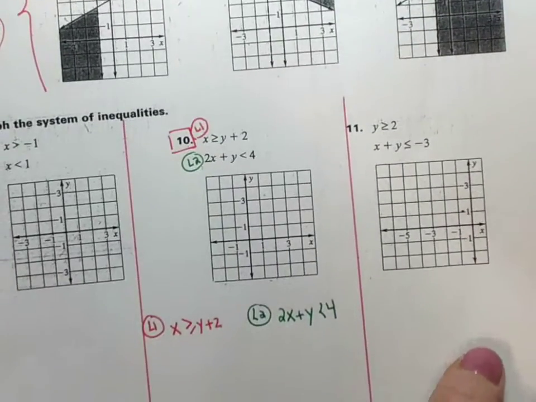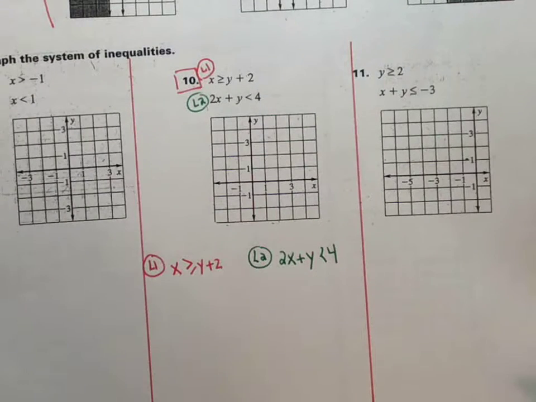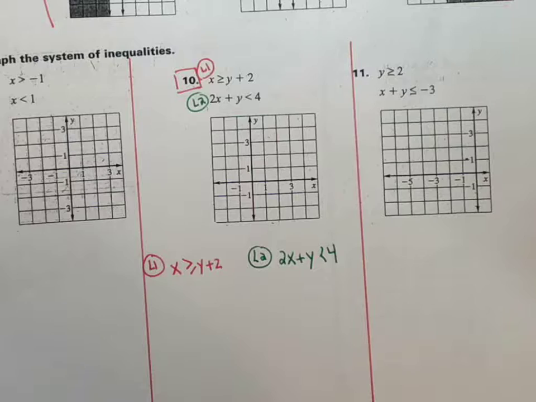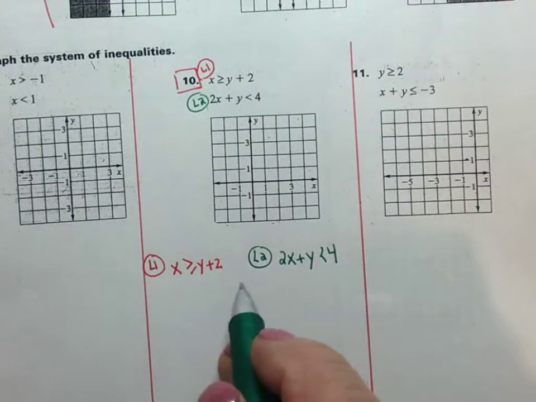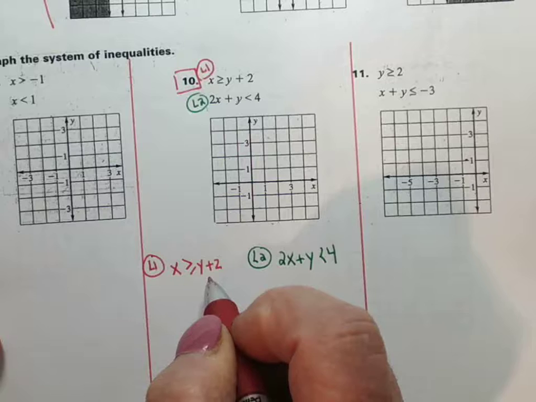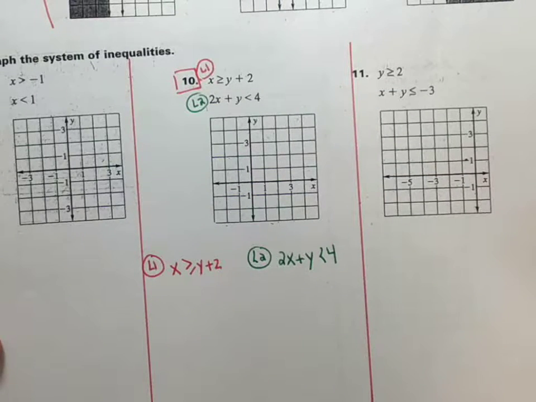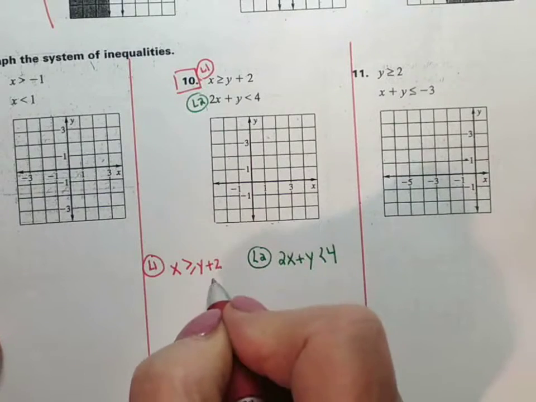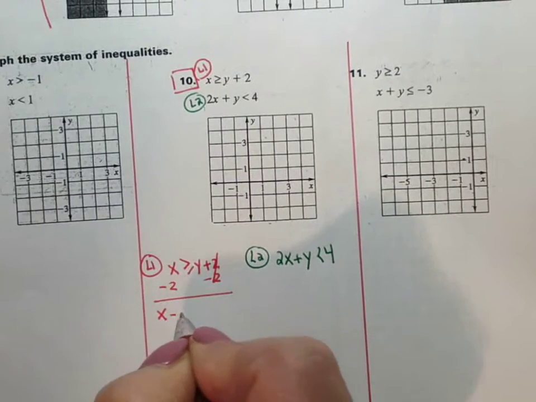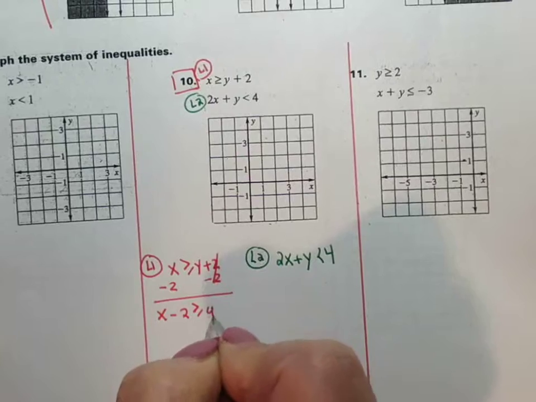The last problem we're going to do together is number 10. Right? Because this is the most challenging one. So we have 2 lines. And so write these 2 lines down. And I'm challenging you here with this problem. We want to get into y equals mx plus b. The y is on the right-hand side. So you know that you're going to subtract 2 from both sides. You're going to get x minus 2 is greater than or equal to y,